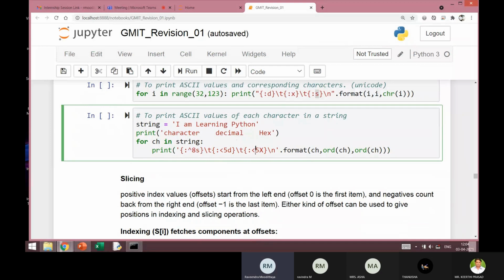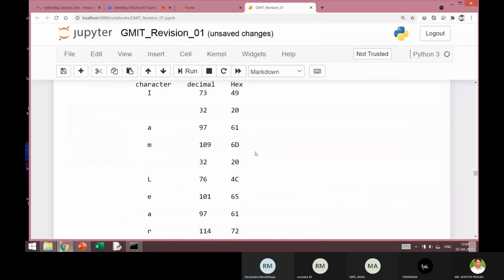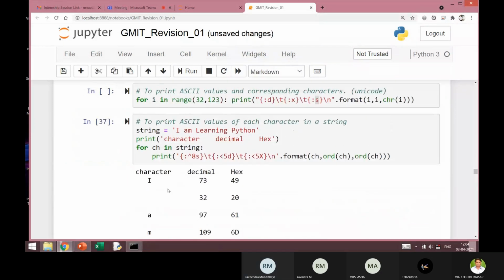So let me show you the output. So you can see that this is the title of the table, the title row. Then I have the character, the first character is I. Then I have decimal. Sorry, I have this 73, which is left justified. So actually here 5 character spaces are used. You can see that there. And here again 5 character spaces are used.